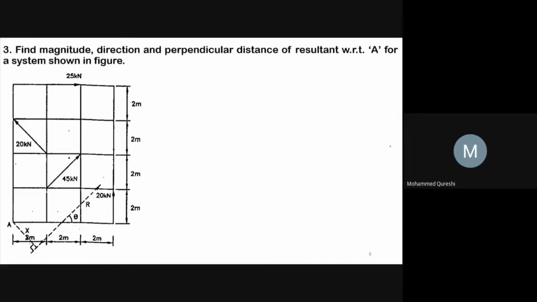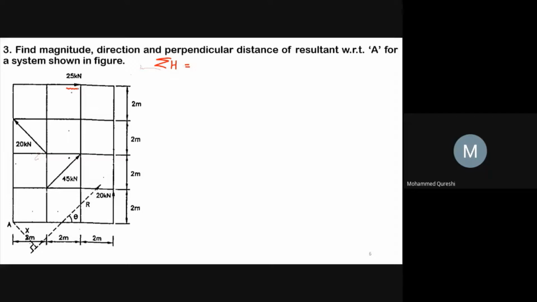Now we will go for another example. We have to determine the magnitude, direction, and the distance of resultant force with respect to point A. So first of all, let us go for the value of sigma H, the sum of horizontal forces. The first horizontal force is your